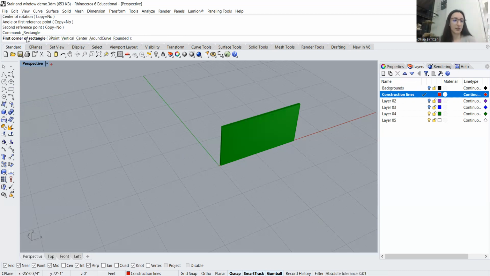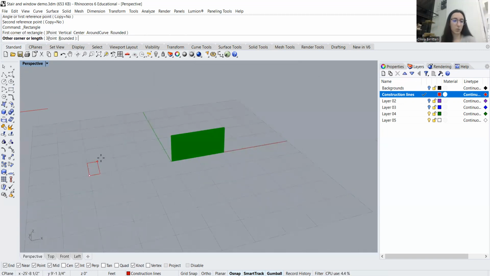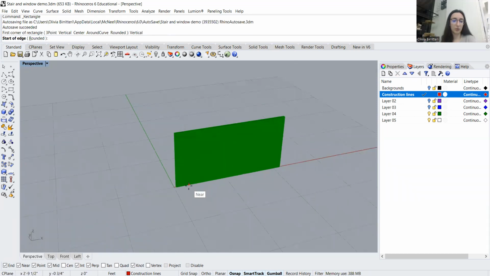You'll see here in the rectangle command that there are several options, and one of them being vertical. So when you open the command initially, the rectangle will happen on the X and Y plane. But if we click vertical when we start the command,